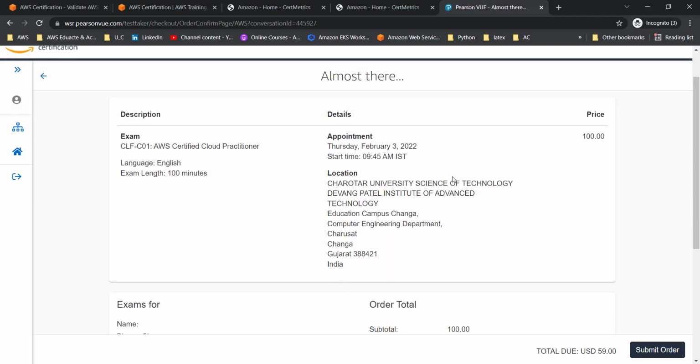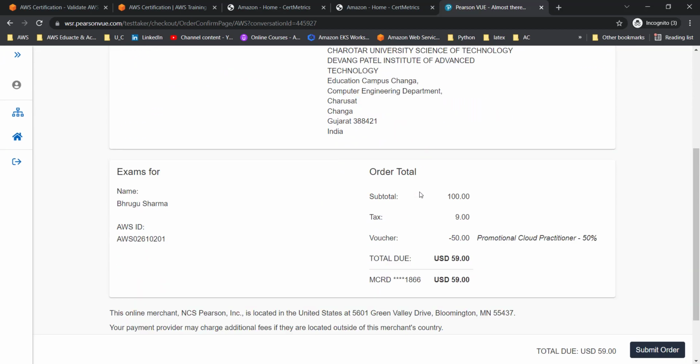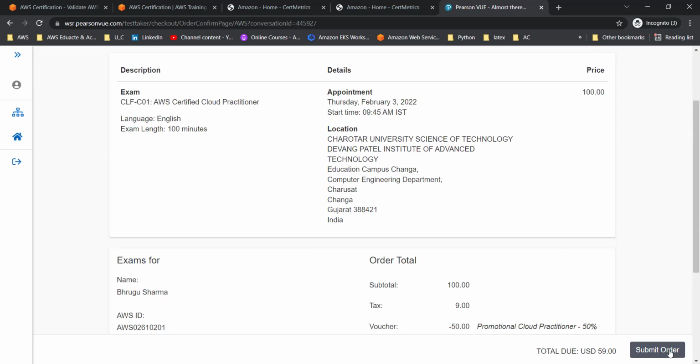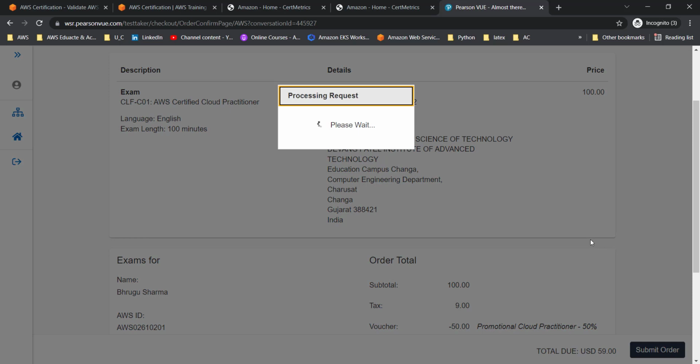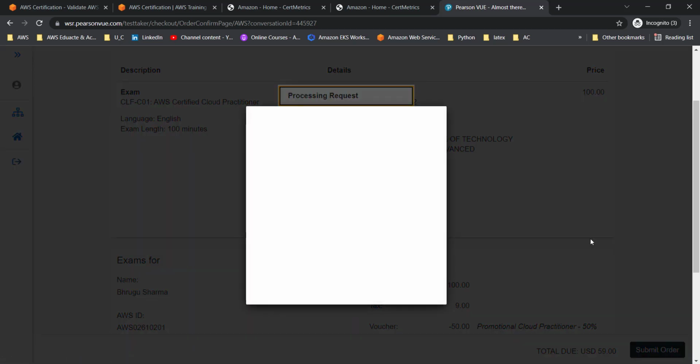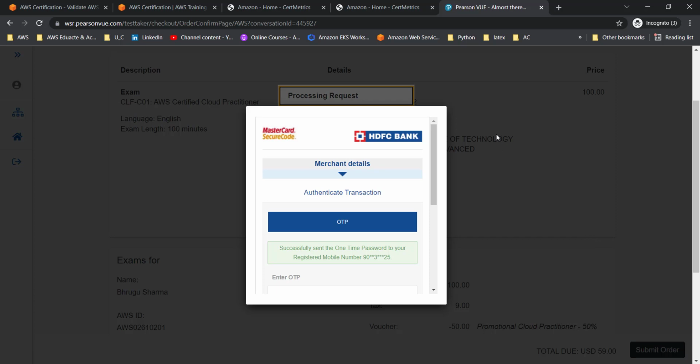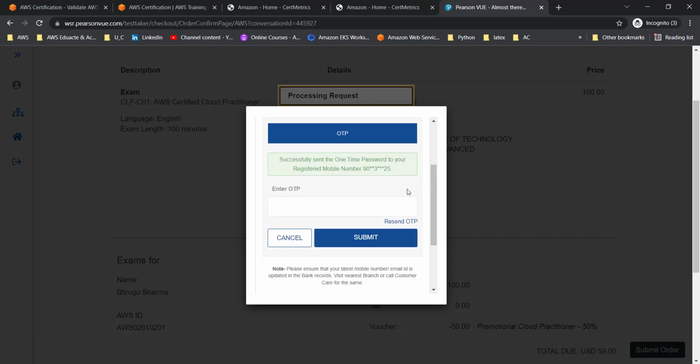Now this is the final screen, almost there. You can see all the information, you can find it from here. Right now you have to click on submit order and you will get the screen for the OTP, right? So just wait for the OTP. Once you receive the OTP, you have to insert it here and submit it and your exam will be booked. Okay. So now I'm going to enter the OTP